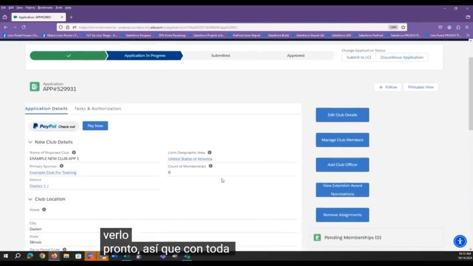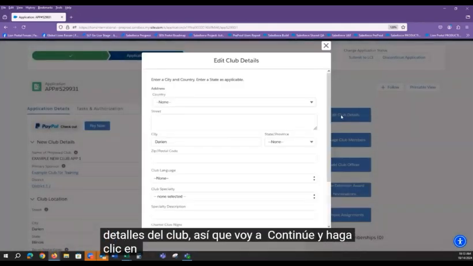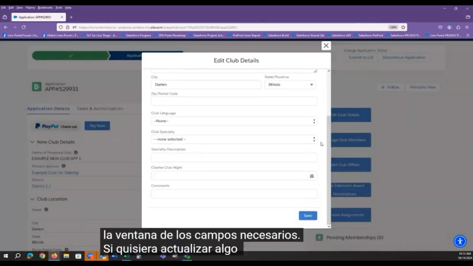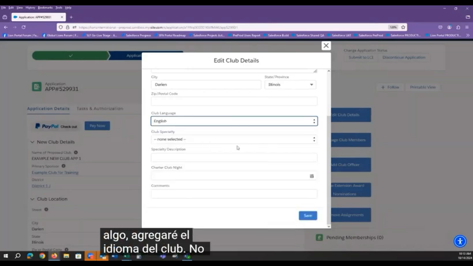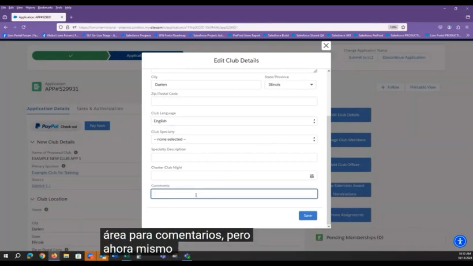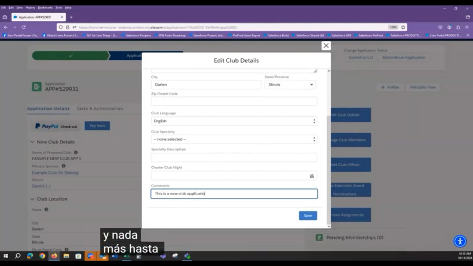So with all of that introduction, I'm going to start by editing the club details. So I'm going to go ahead and click the button, and it just gives me the window of just the fields needed if I wanted to update anything or add anything. So I'm going to add the club language. I'm not going to put a specialty in or a club night. There is an area for comments, but you pretty much just get one comment line right now and nothing really more until we get that other